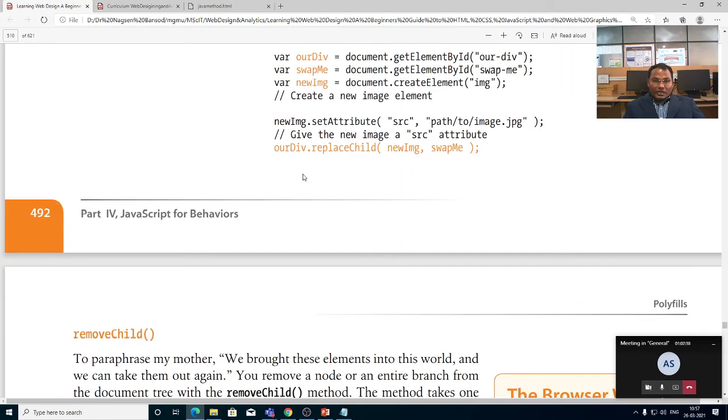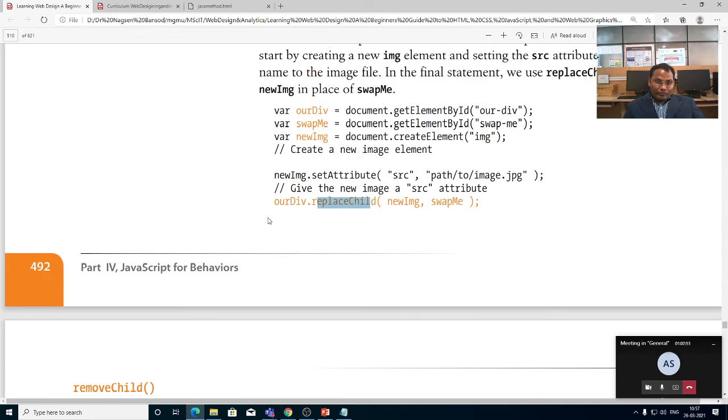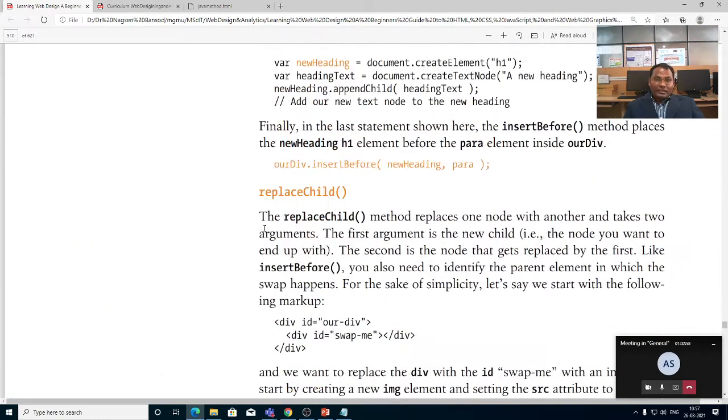It is used as our div dot replace child new image and swap me. The new image will be placed at swap me, and next is the remove child method.